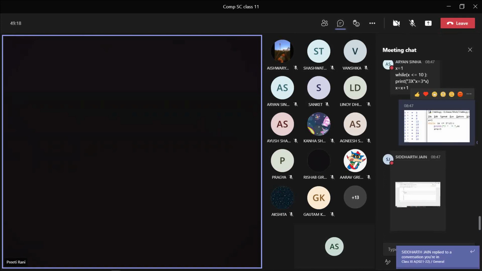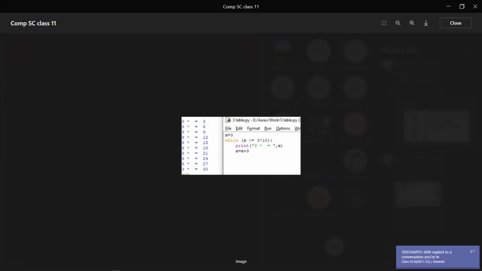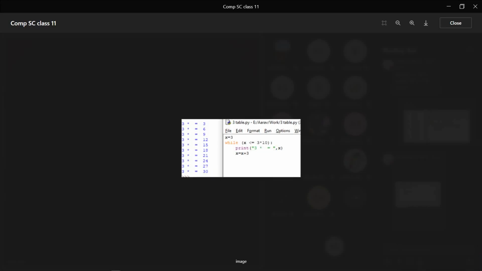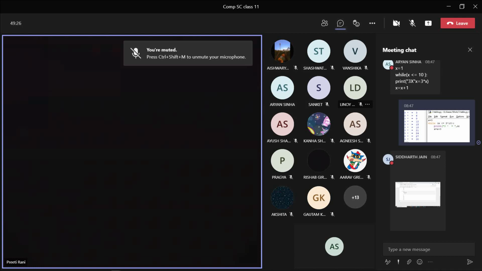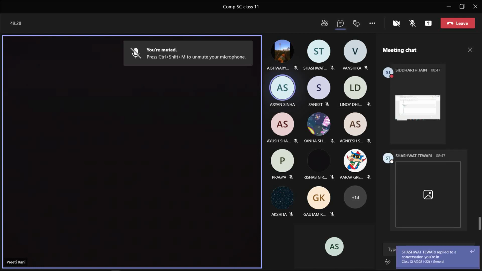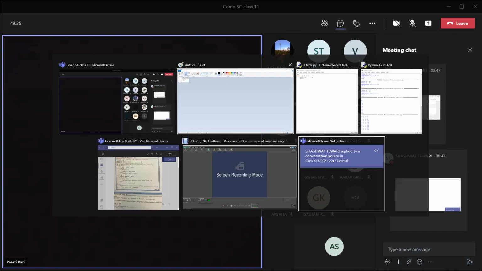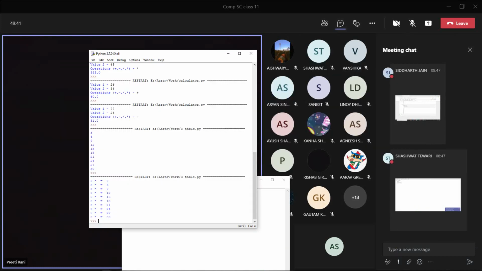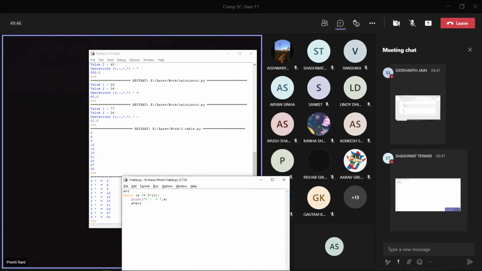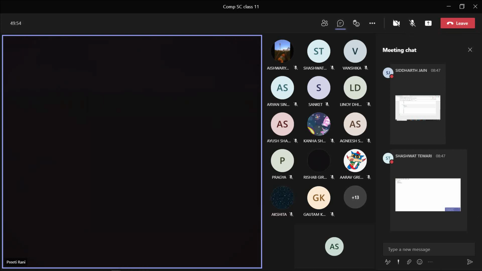I have stopped sharing now. One minute, Aarav's has come. This is good. Also sent to ma'am. But Aarav, one thing is missing here. Look, it should come like 3 into 1 equals 3, as I said just now. It is giving 3 into equals 3, but 3 into 1 equals 3 should come. 3 1s are 3, 3 2s are 6, in this way. But it is giving 3 into equals 3. No problem, try it, do it.